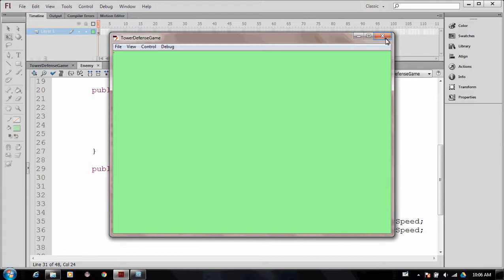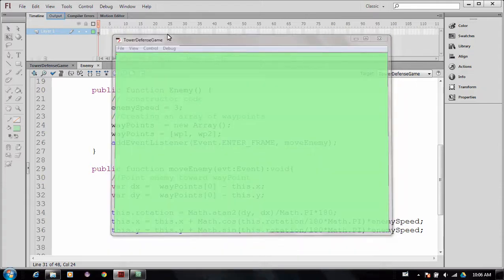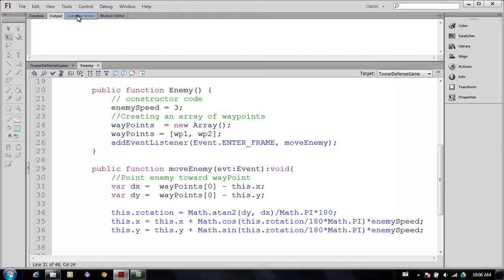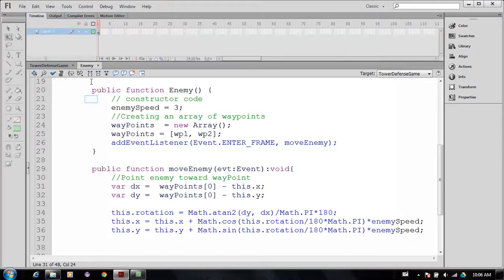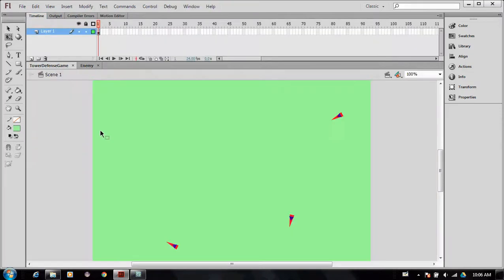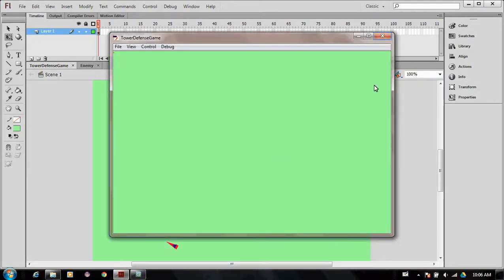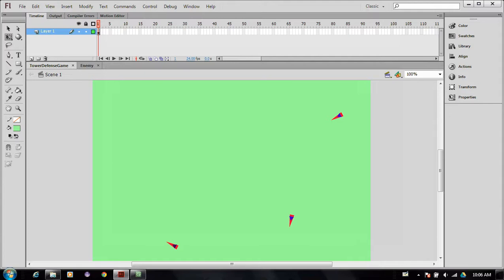No, I did not. Let's see what's going on. Did I get an output error, compile error? Let's go back and see what's going on. I got my ships here, and they're not showing up. Interesting. I'm going to pause this and take